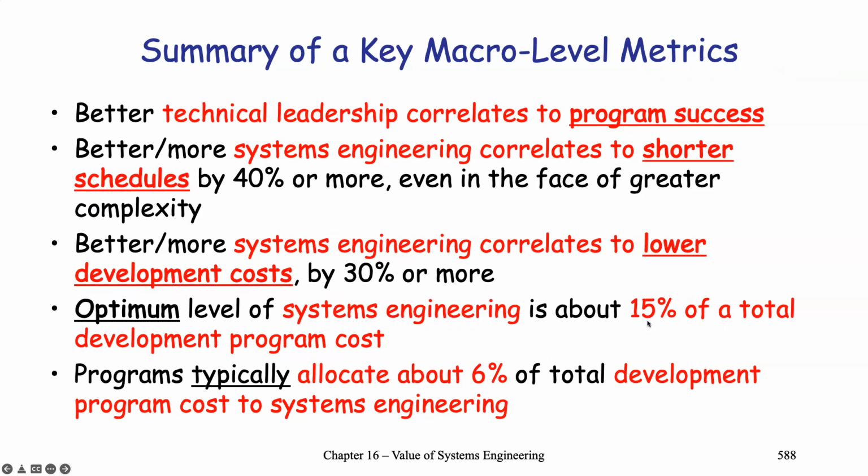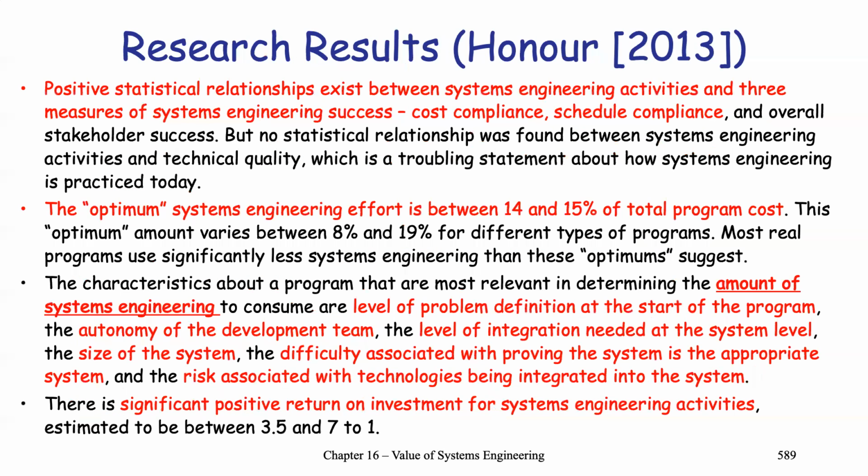So that's an important number to remember if someone is trying to estimate, well, how much should be allocated for system engineering. Programs typically allocate about 6% of the total development cost to system engineering. You can see this is less than half of what the recommended value is. And so it's like, using the analogy I've mentioned, this is like being underinsured. And so maybe in some of the cases it would be fine, but there may be some times where cutting things here is going to cause some greater problems down the road and cause a lot of costs that would